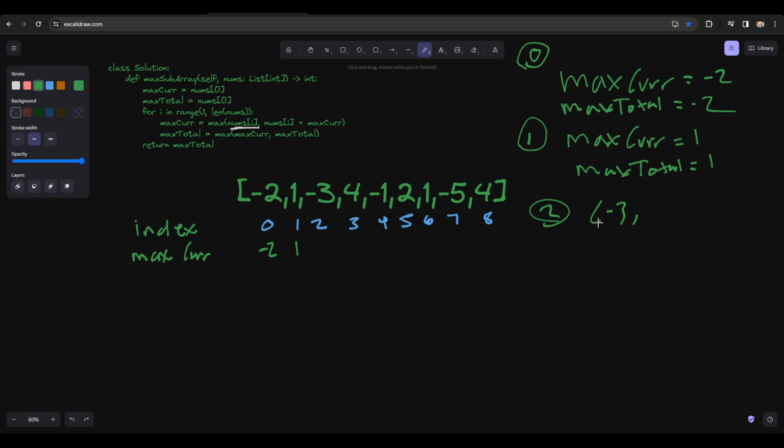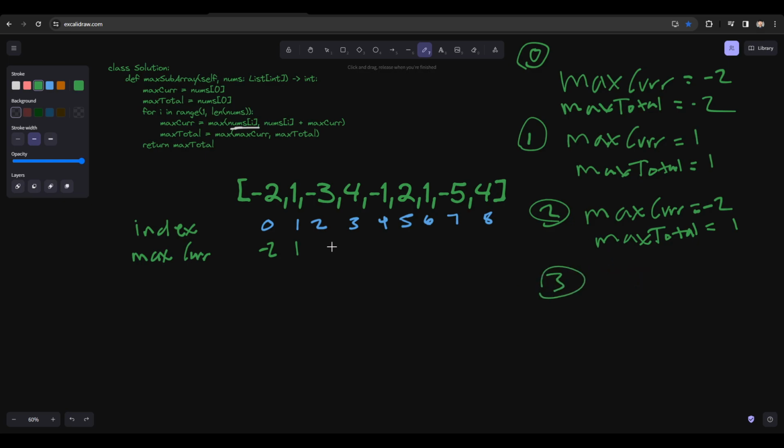So max cur gets updated to -2. And max total equals 1 still. It does not get updated because between 1 and -2,